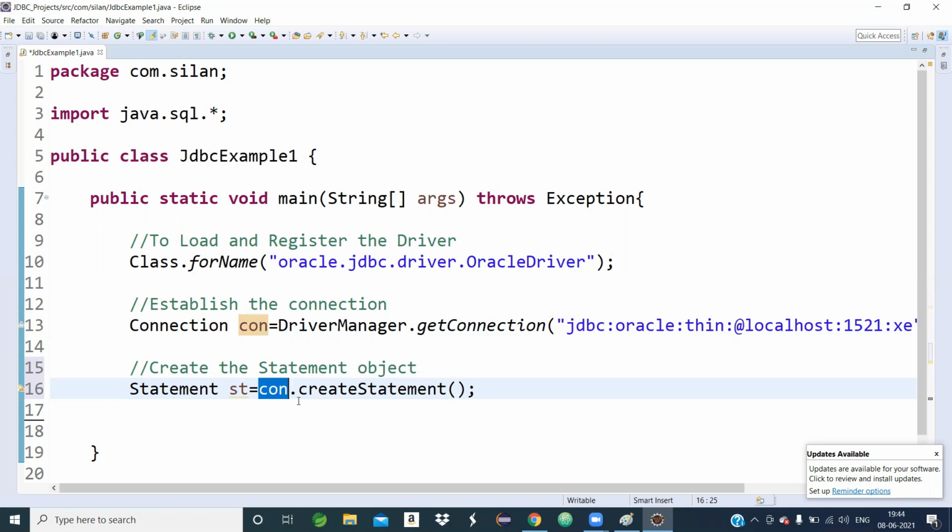Remember, a method which comes from a class or interface is invoked by that class or interface object. So when the createStatement method is invoked by the connection object, it returns a statement object. This is step number 3.